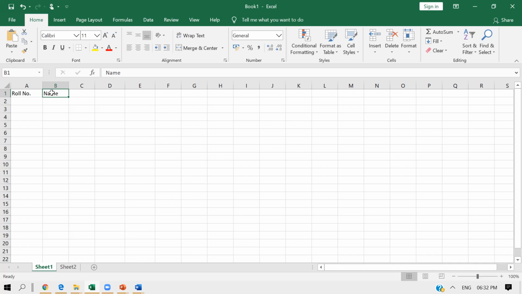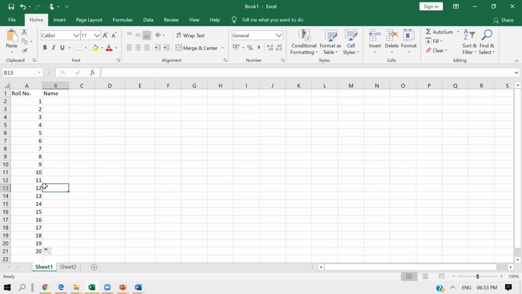Now, there is one feature in Excel that is called autofill. Autofill can fill the data automatically in the cells based on the previously provided data. Suppose I want to write roll numbers and I wrote 1, 2, and I don't want to write it all again, so I can just select it and drag it. I have 20 students here, so I can go till 20. See, and all the numbers have been auto-filled. So this is the autofill feature of Excel.